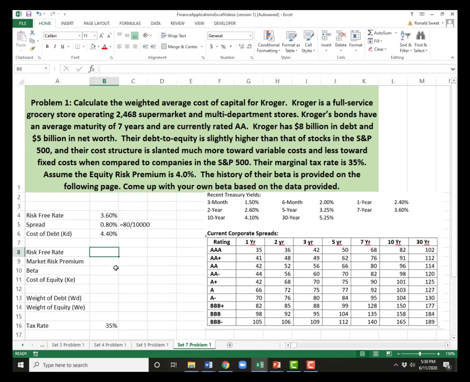Now for stocks, remember for stocks, for the risk-free rate, we use the 10-year treasury. That's 4.1%. The market risk premium is given in the problem. I call it equity risk premium, so I'll change the title here, but those two things mean the exact same thing. The equity risk premium is 4%, and then the beta,